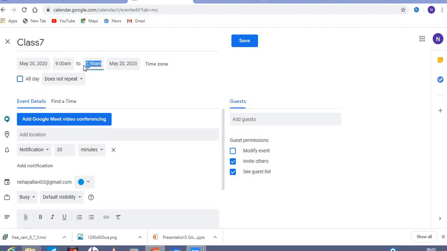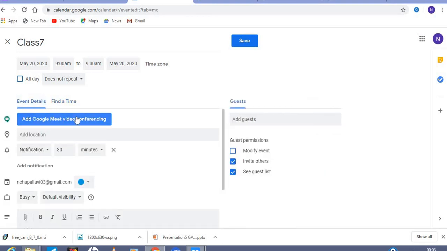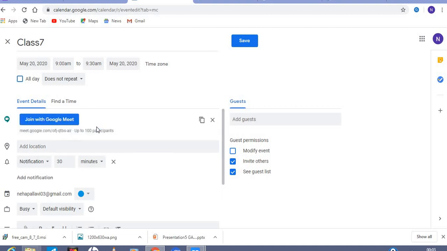If you do not have to take the class every day, you do not click here. Okay, now the second thing is add Google Meet video conferencing. Now time we have already selected, so event details we have to enter, so we will click over it and this is enter.